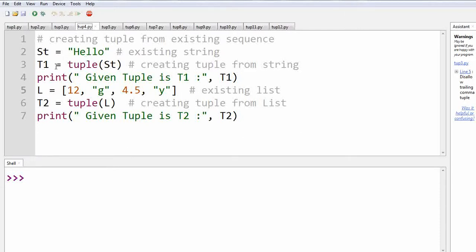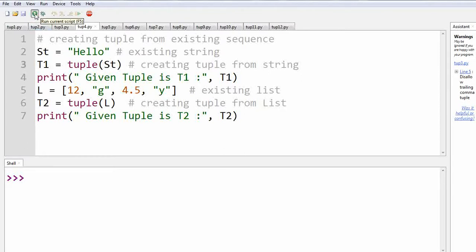So we'll write t1 is equal to tuple(st). We'll pass this string to this tuple function and this will convert this string into a tuple by making each and every character of this string an element of the tuple.